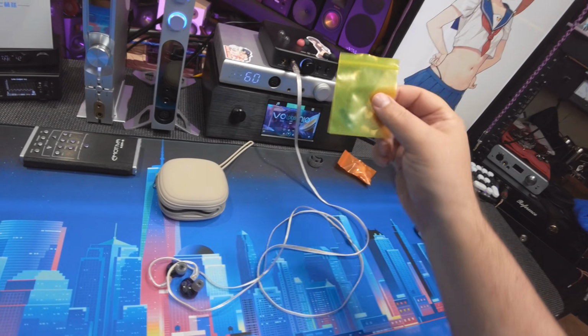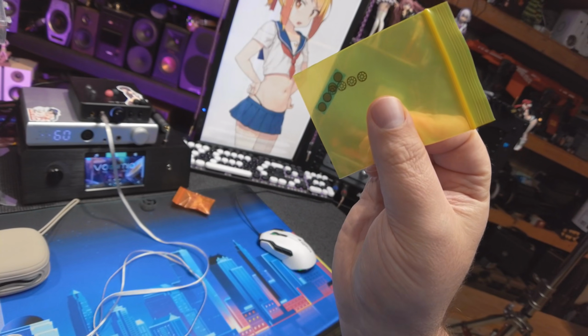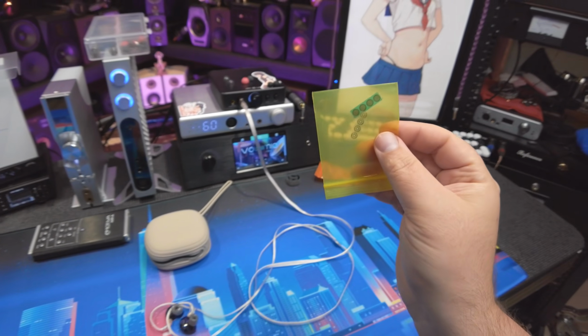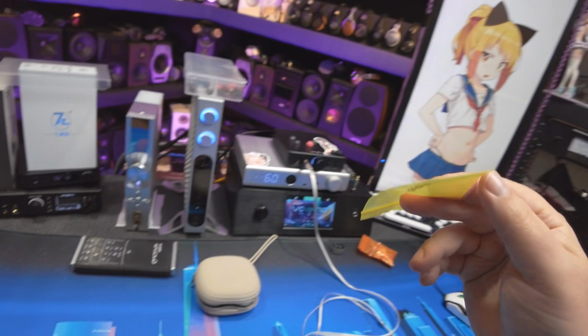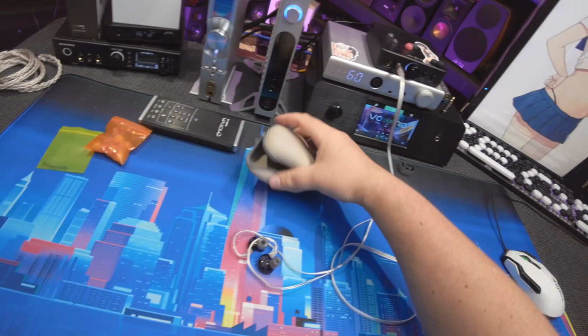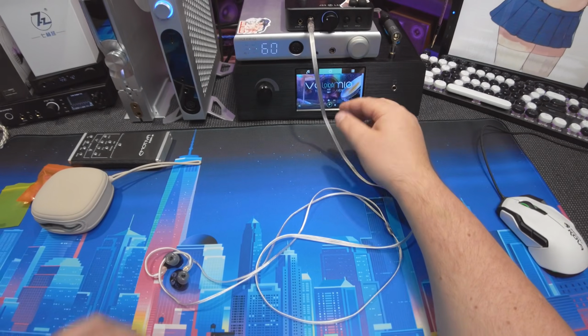It comes with replacement nozzles and filters in case you get goop in your ear hole things. I've never had to replace these on any of my IEMs. Maybe because I just clean my ears. I don't know. Well, thank my mother for that. You got interesting tips. You got a wild bag. You got a kind of cool...